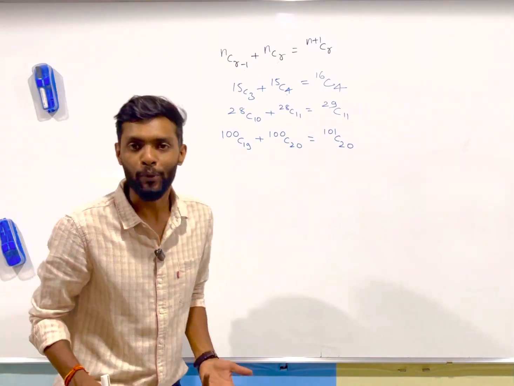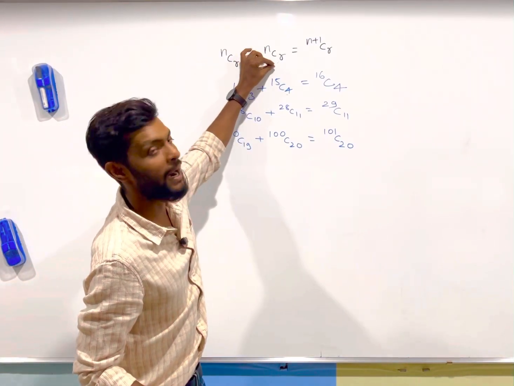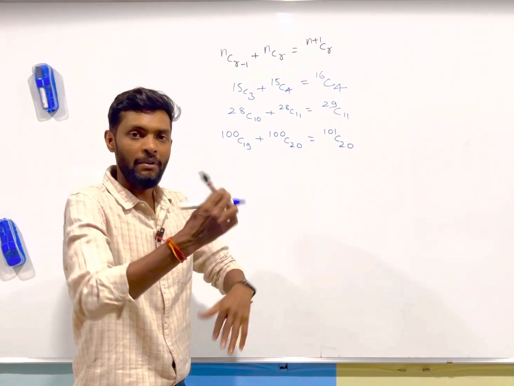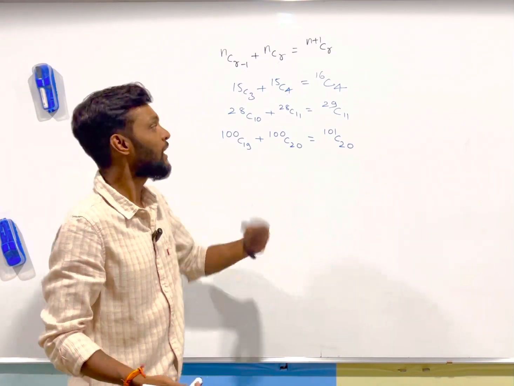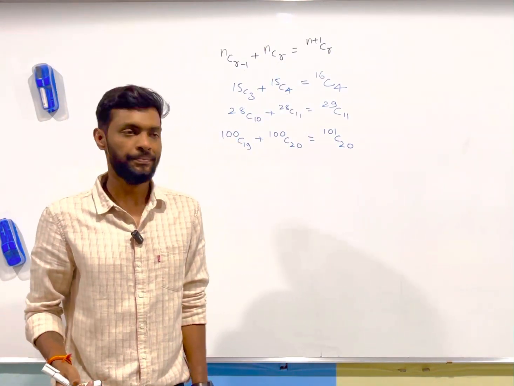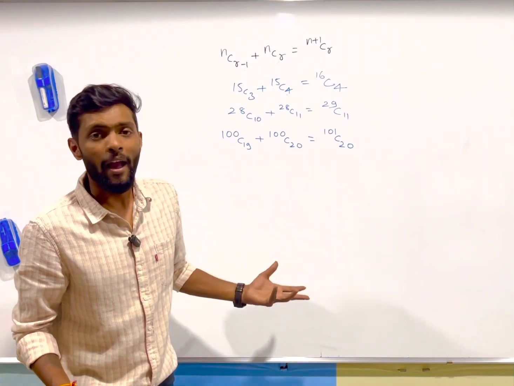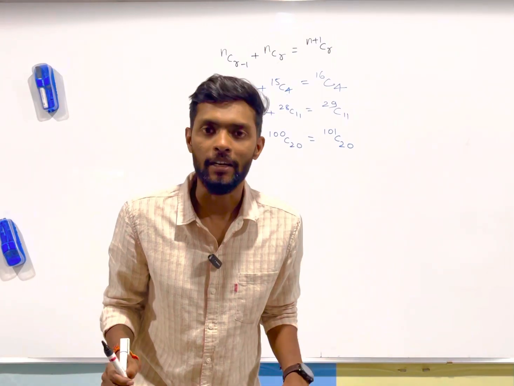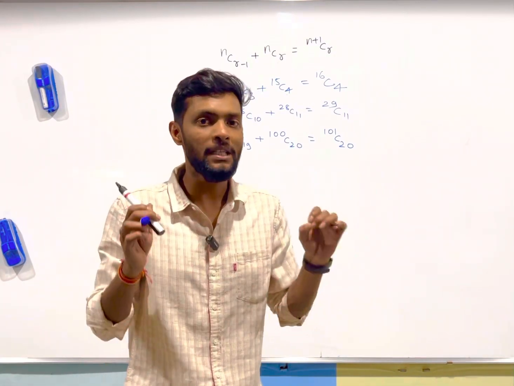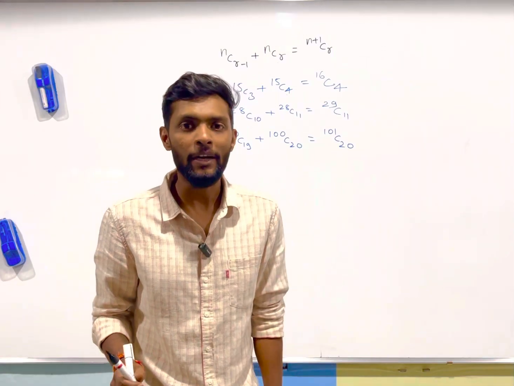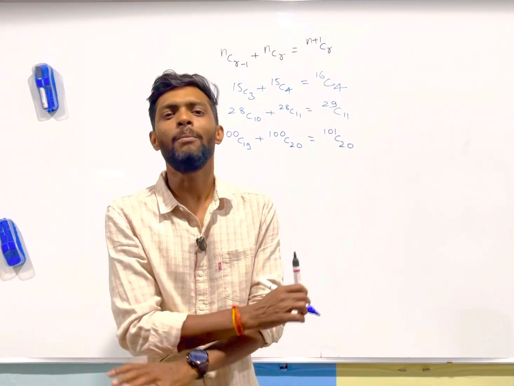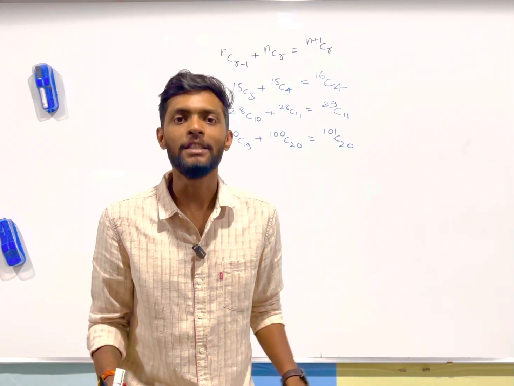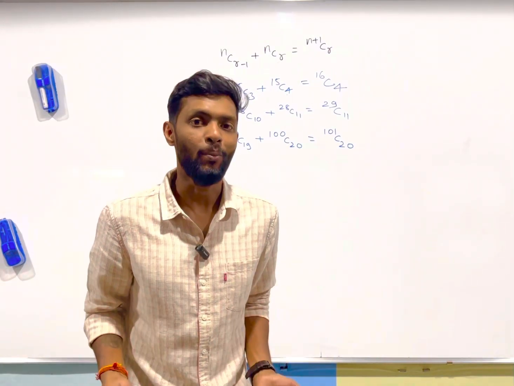So we learned this formula in the binomial theorem. We also know how to prove it. We expand this, we expand this, we take the LCM and make some calculation, and we simplify it to get n plus 1 C r. But every single term, every single result, every single binomial series we learn in the binomial theorem chapter has some amazing significance in the chapter of permutation and combination.